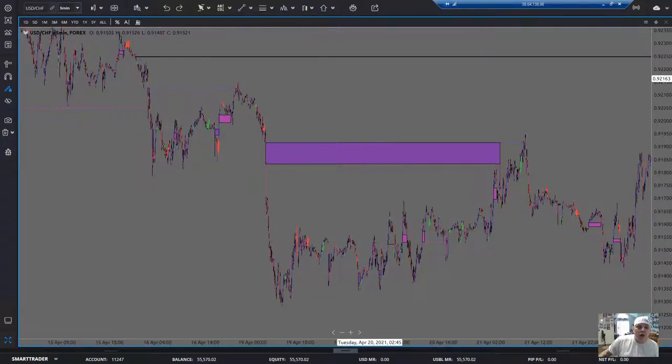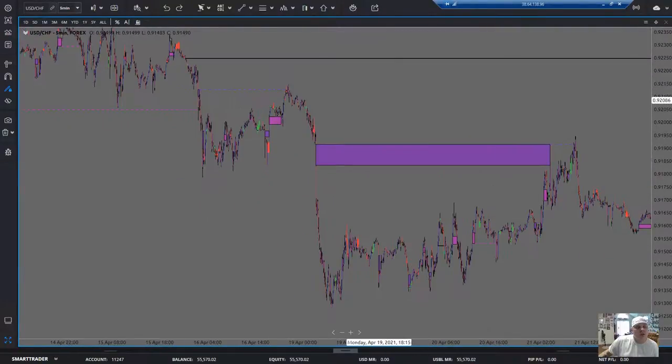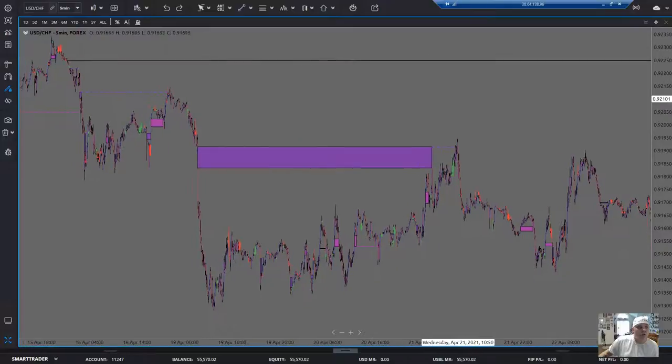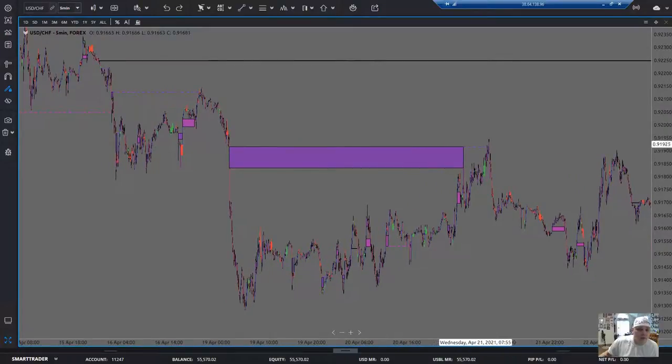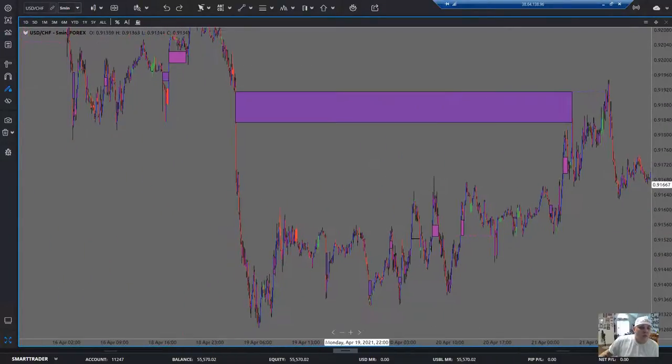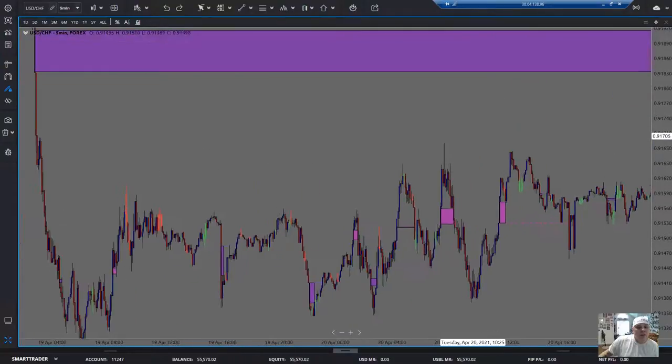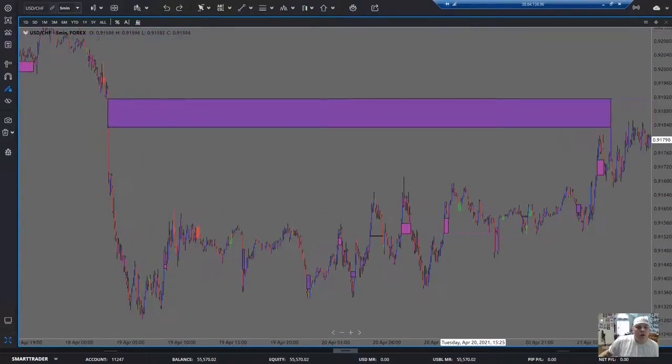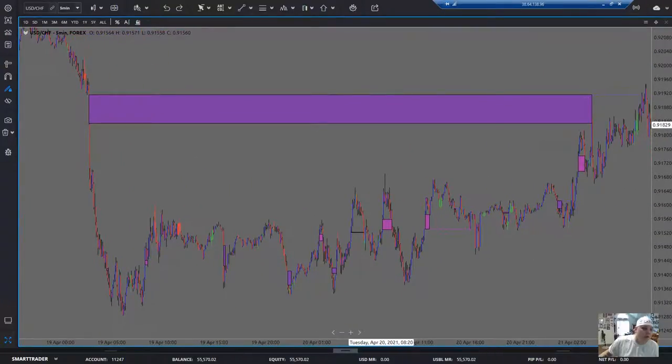And it could be a while, especially with the Swiss franc's strength over the US dollar right now being ridiculous. And really, I'm teaching this right now because the markets aren't good to be trading manually right now. I mean, there's some people who are profiting from it, but most people are losing, and they're losing a lot of money. So what we do, the logic behind this is, as soon as this forms, I figured why not